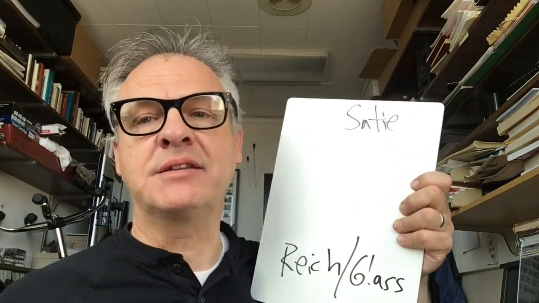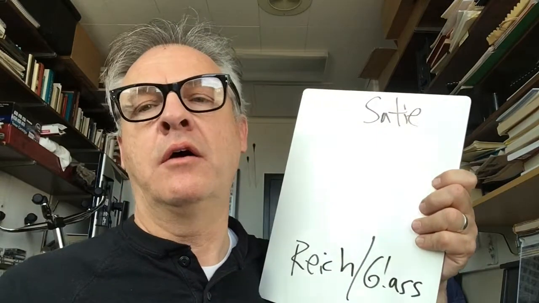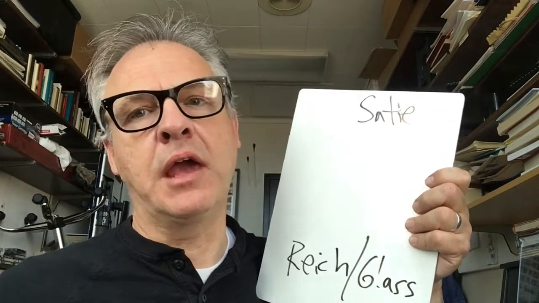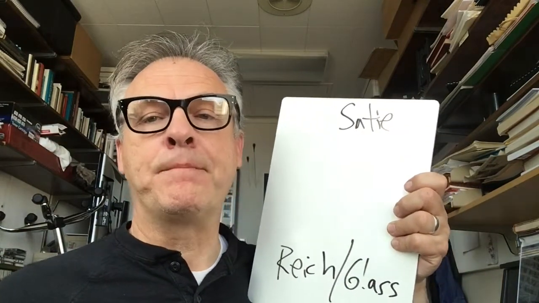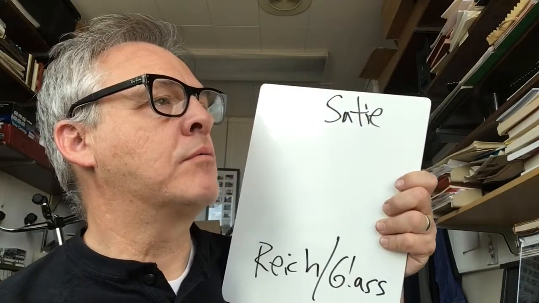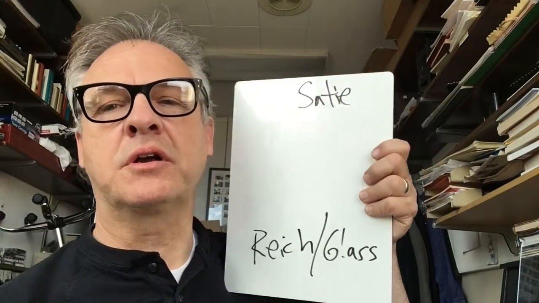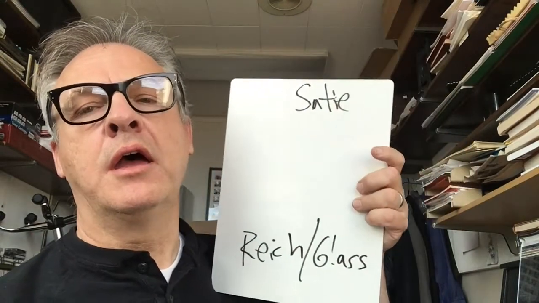Okay. Now, if you're familiar with his music, Erik Satie was a contemporary of Debussy's. He was active from the 1880s through the 1910s. And he was a very interesting composer, kind of an absurdist composer. But one of the things that he explored in his music was music that didn't have the dramatic